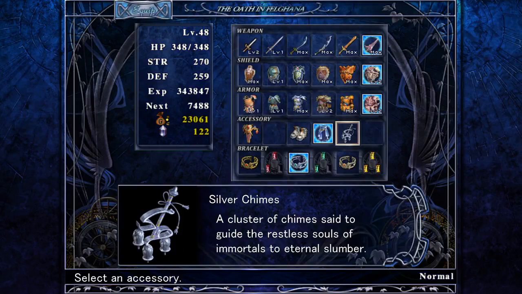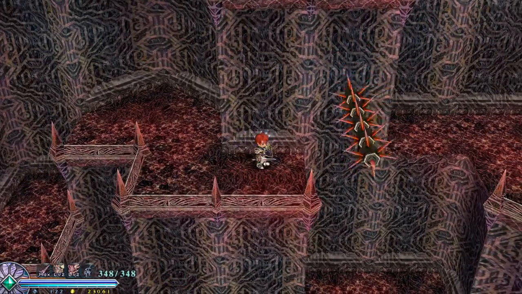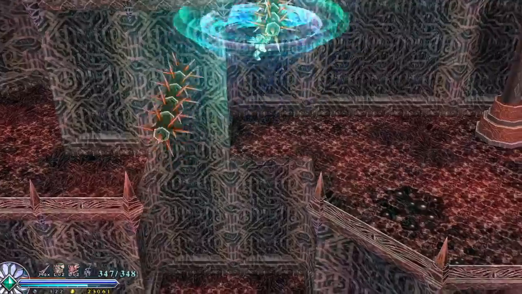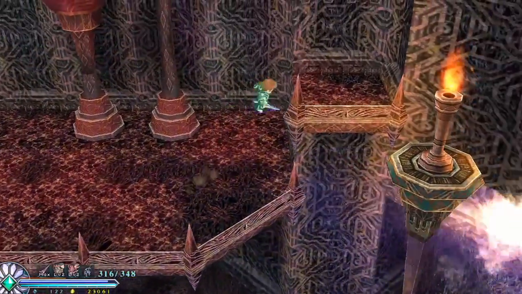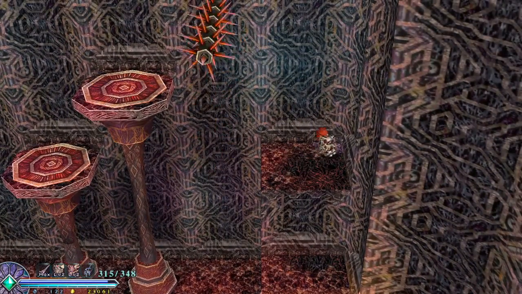Kinda wish there was like a quick item switch button to just go through the items, but... probably asking a little bit too much. It's not that big of a deal to go into the inventory. Let's see if we can... Yeah, okay, cool. We did not have to fight this Lemonade, although if I drop down there...